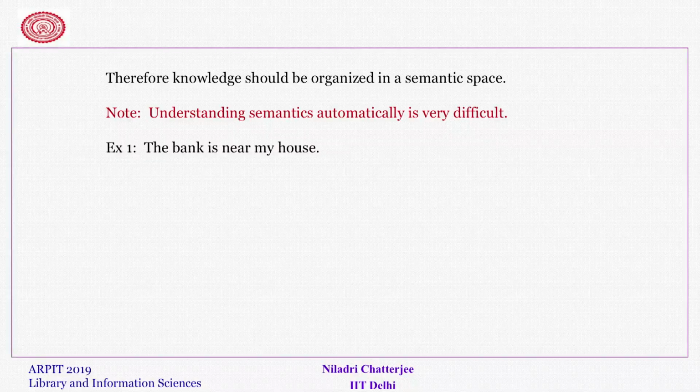Such a simple example tells us that just keyword based search is not right. Why has the search engine returned this? Because it tried to match the keywords AI, Delhi, IIT, etc., and based on certain ranking functions that they have used, they have popped up these to be the top 3 of the search results. So, the lesson is that we should organize the knowledge in a semantic way or in a semantic space, so that the search engine understands the query and it can identify the relevant pages from all over the internet.